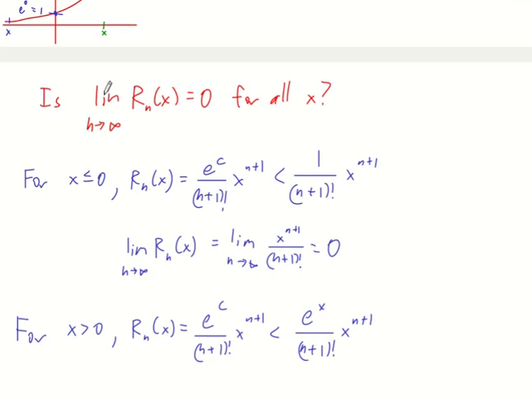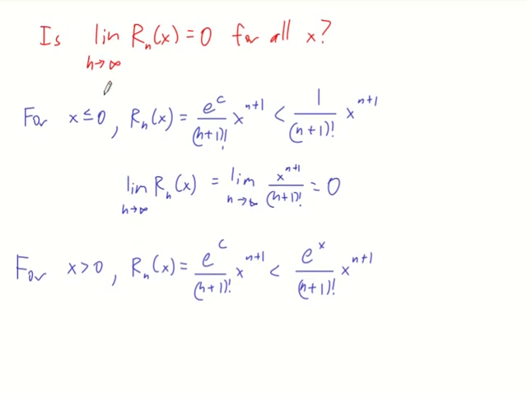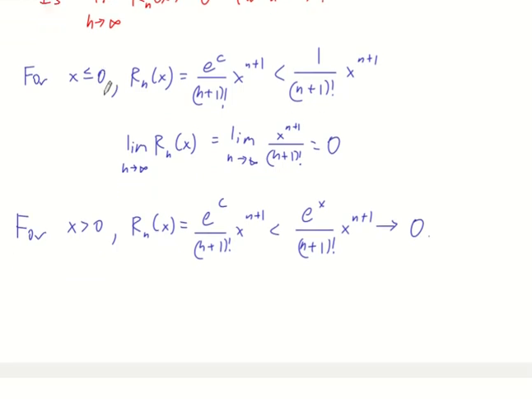The e to the x is constant with respect to n, so it's not going to adjust the limit. The limit is still going to be 0. And since that limit is 0 for all values of x, regardless of what x we plug in,